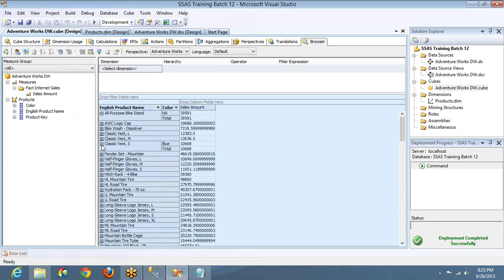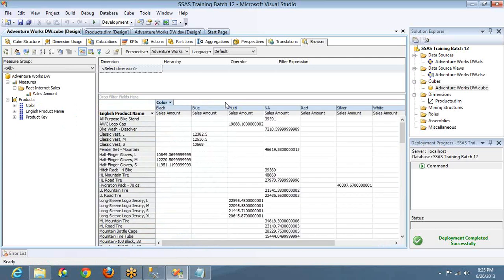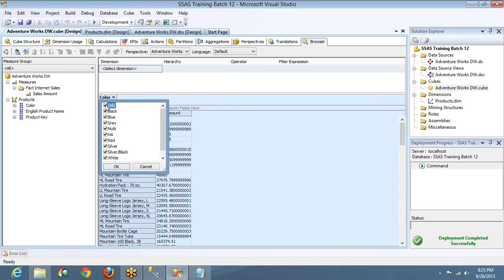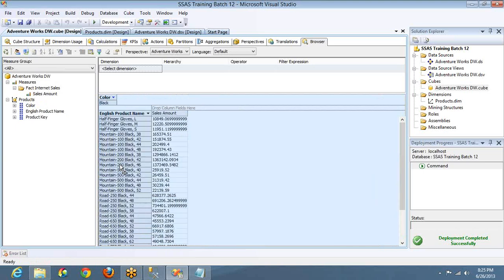It is not so easy to write SQL queries to get the data like this. And if you want to see it in columns, drag and drop in the columns. It will split based on the column and row. So this is the advantage of creating the cube. You can play with the data. You can pivot it, you can unpivot it, you can see however you wish to see. If you want to see only black color products, drag and drop this into the filter field, and you can select only black. So it will remove all the remaining products.